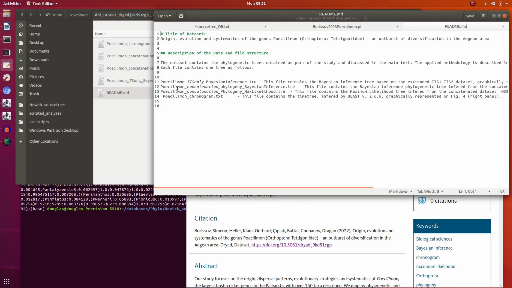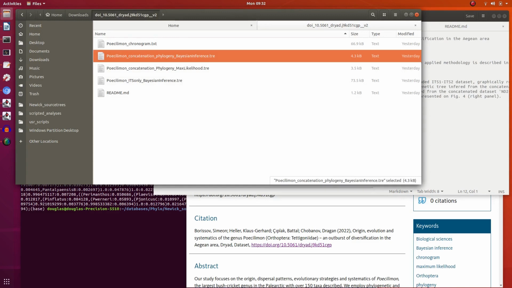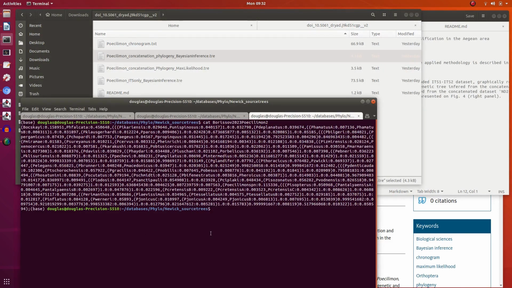So we probably want the tree which has used the most sequence data, the Bayesian tree, which is this one. And it looks like this, well, in Newick format. Now we'll look at the terminal labels, and for those with a bit of experience with Linnaean names, they might